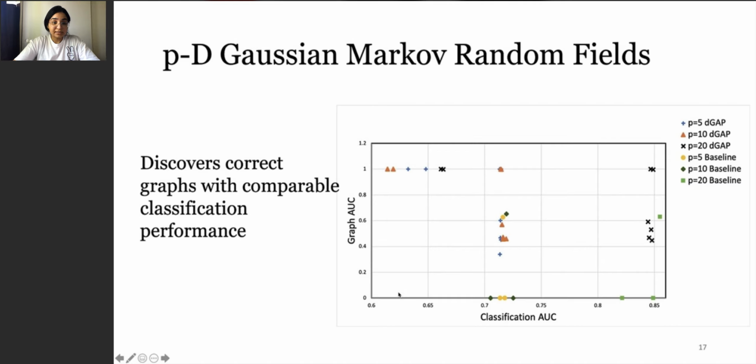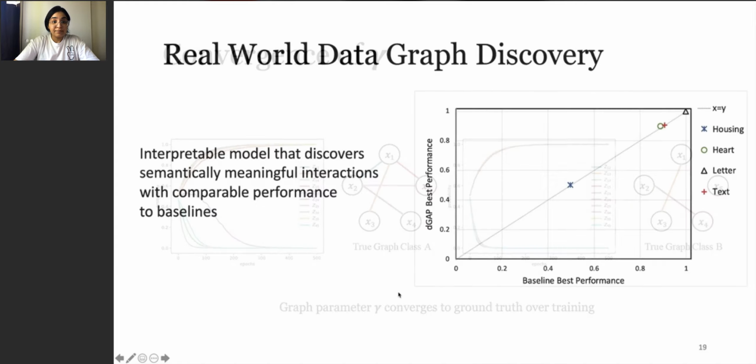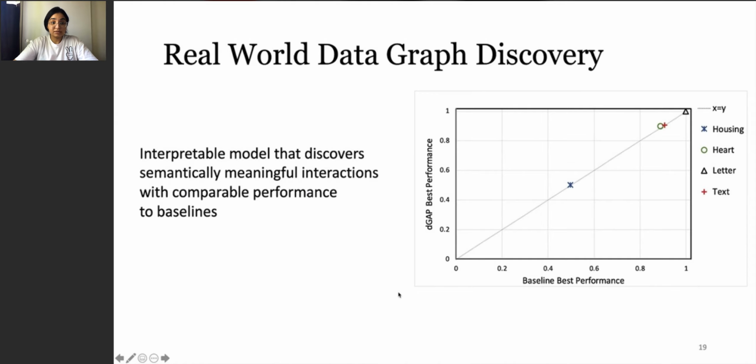On simulation dataset, we note that DGAP discovers the correct graphs while being comparable in its classification performance. Further, the graph parameter gamma converges to the ground truth over the course of training. On the real-world data, DGAP is interpretable in the sense that it discovers semantically meaningful interactions while having competitive performance